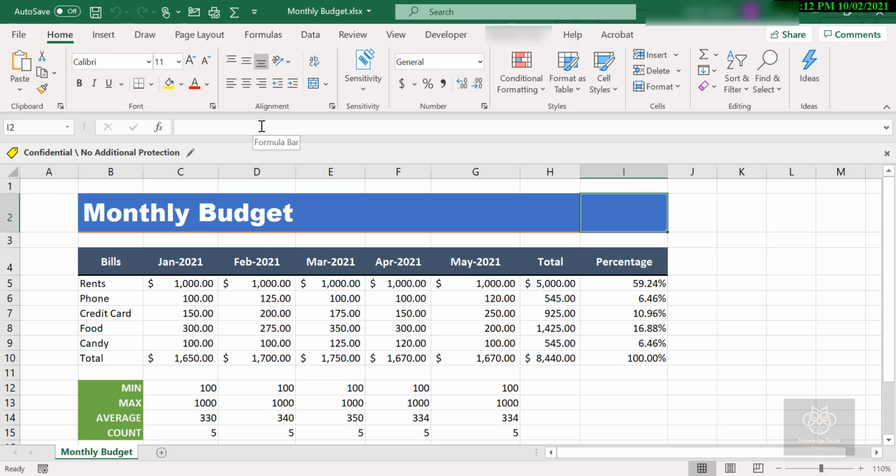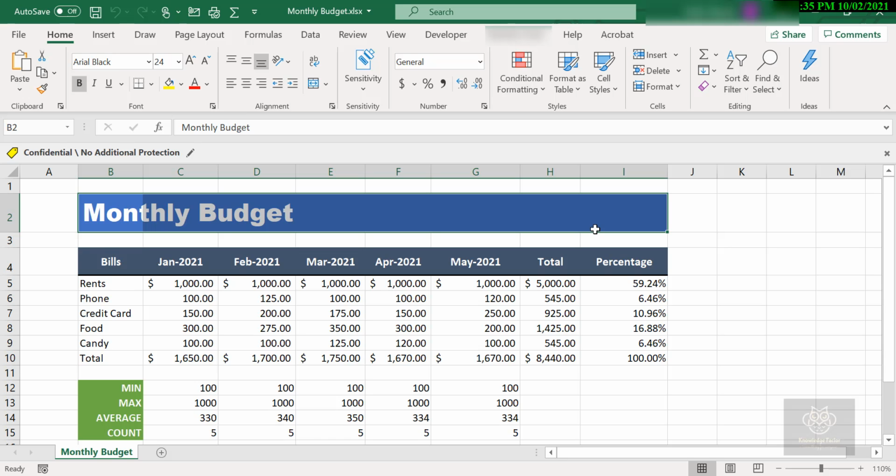What Merge and Center does is take these eight cells, B2 to I2, merge them all into one big cell, and then center the text inside of that area. First step, I highlight the cells I want to merge together.